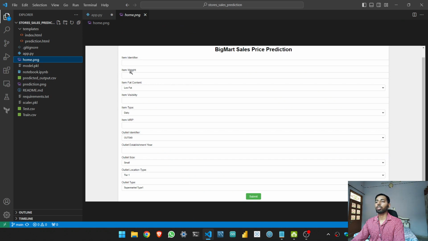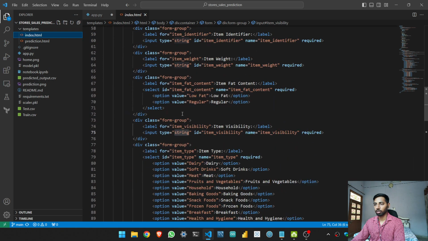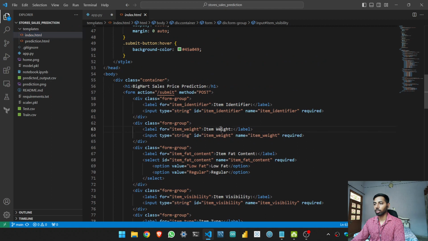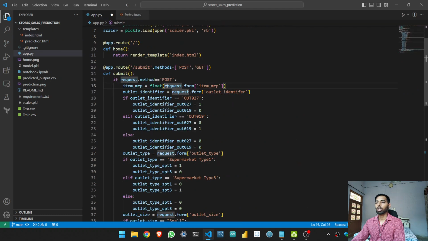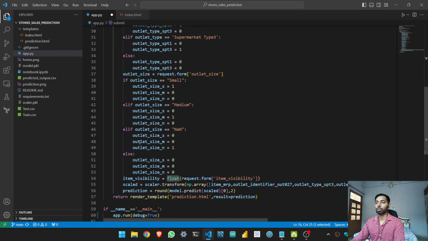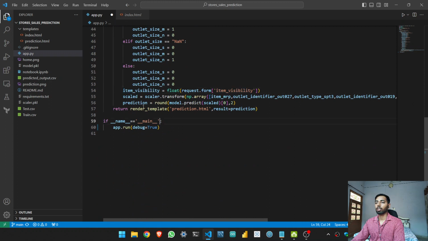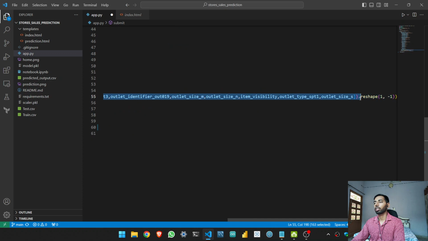and like you can see here, item weight will be of float type. Initially it is a text string. If you look at it here in index.html, you can see item weight, its type is string, but now we are converting this into a float value. Similarly, we do this for all the variables, and then we convert this into a numpy array, and then use .reshape(1, -1),